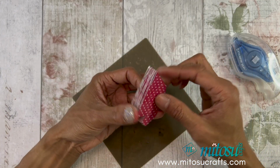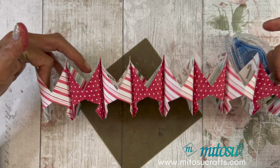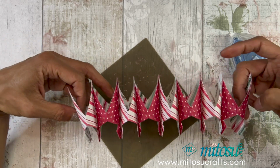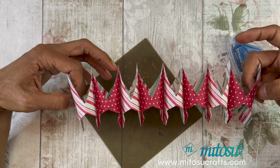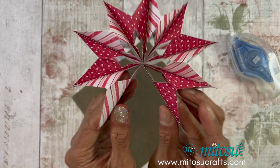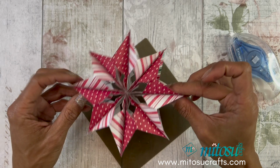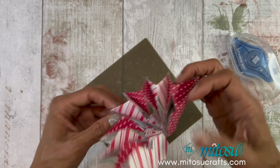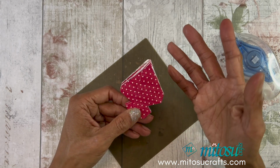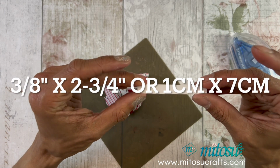So that is the decoration. Just pull it out because it will be slightly tight. And this is how you can get away with just doing 2, 4, 8 panels. And then you can either just stick that down and you're done, add a string. But if you want to have it folded to put it away, I've got a piece of thick Basic White